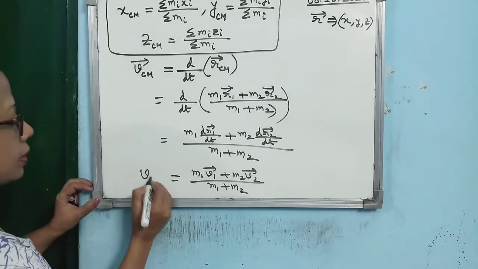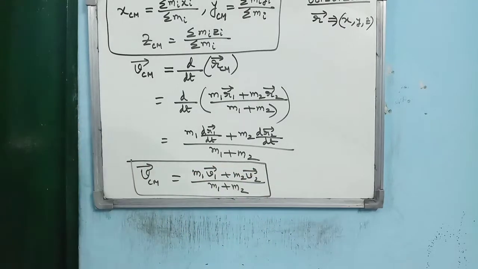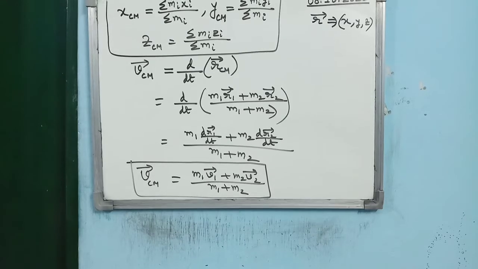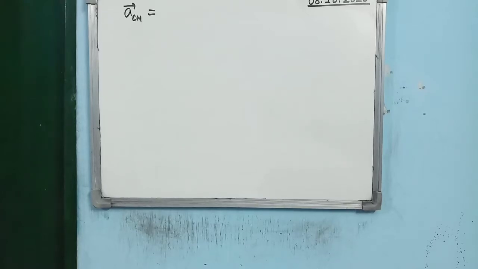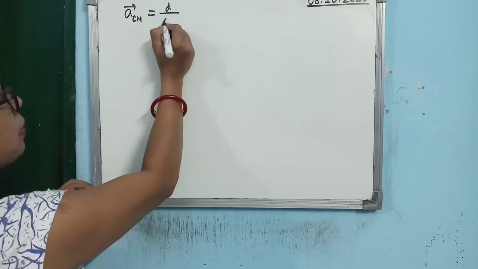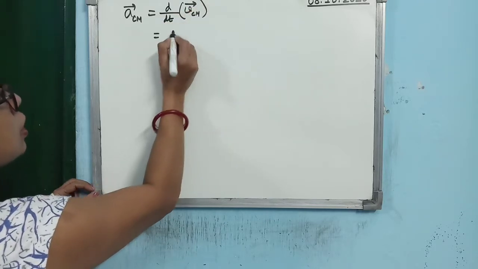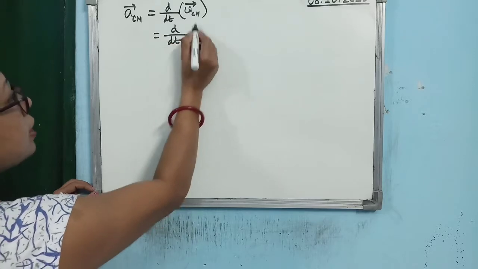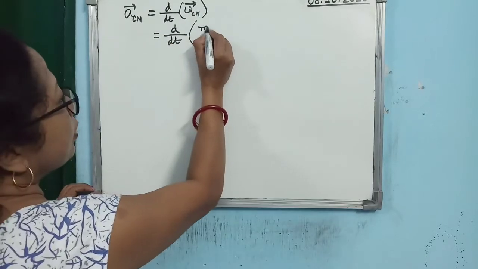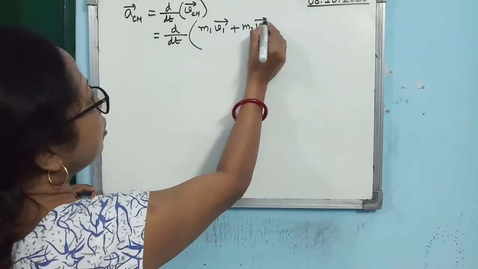Alright, so what is the velocity of the center of mass? This is the formula for the velocity of the center of mass: m1 v1 plus m2 v2 divided by m1 plus m2. The next one, what will be the acceleration of the center of mass? Simply it will be d/dt of the velocity of the center of mass. So if you just substitute the expression for VCM, you can write it as m1 v1 plus m2 v2 divided